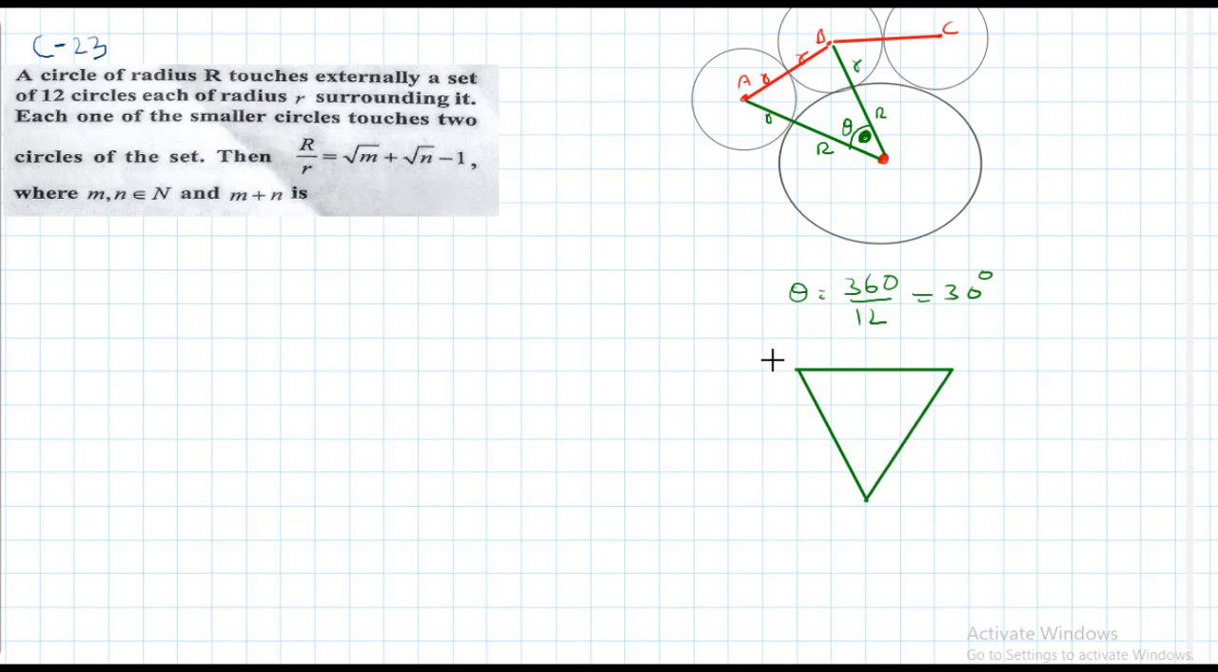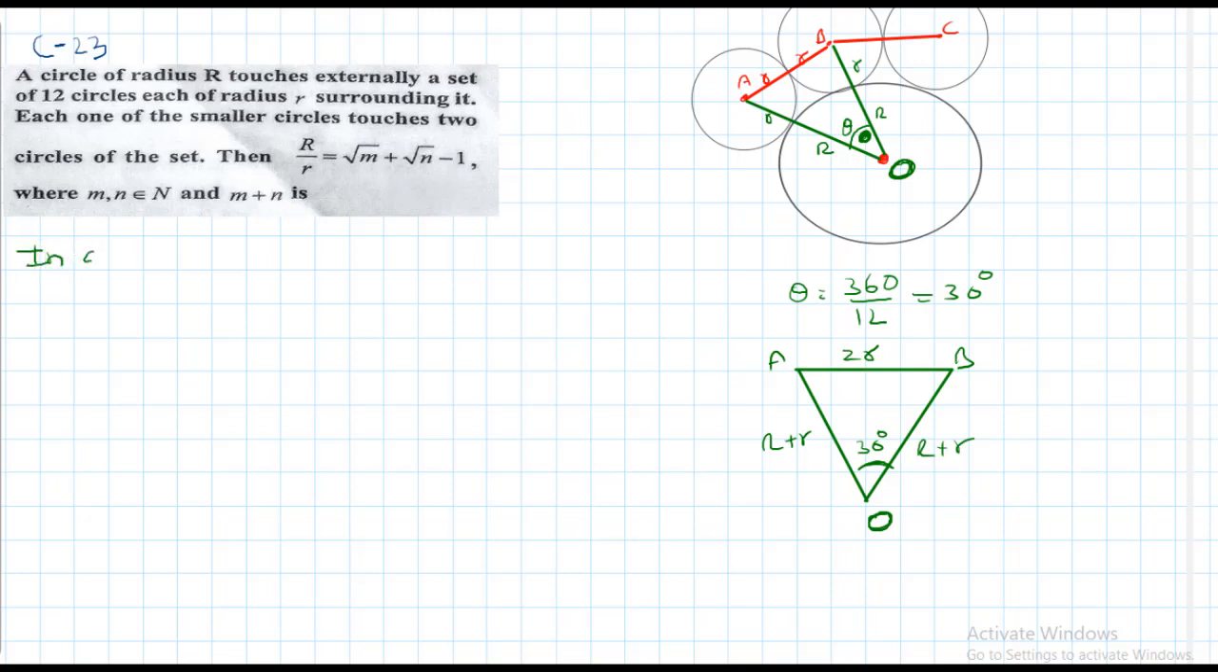See students, this is my triangle, A, B, and for example this is O. So AB is 2 small r. This side is capital R plus small r, and this is capital R plus small r. This angle is 30 degrees. So I want to find the relation between capital R and small r. Now I want to use the cosine rule